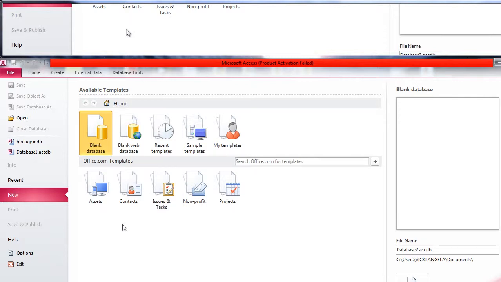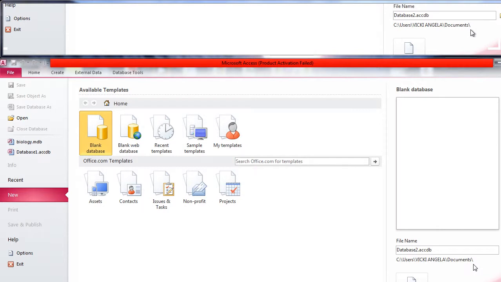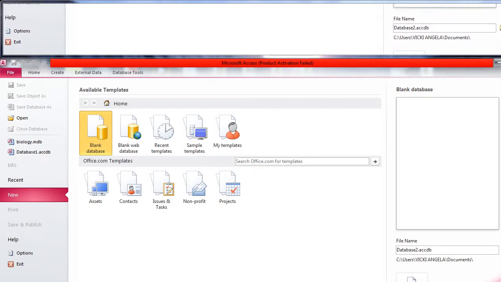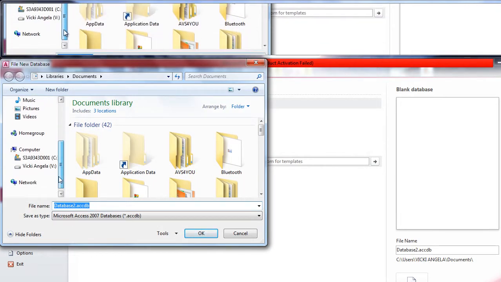Hello, I will show you how to set up the database file in Access. Create a new database file by clicking Add Blank Database and change the path where the file will be saved as following. Click on Browse for location to put your database and go to C.